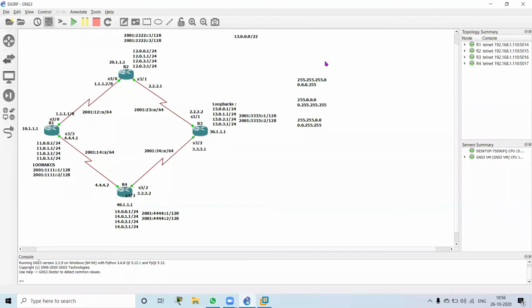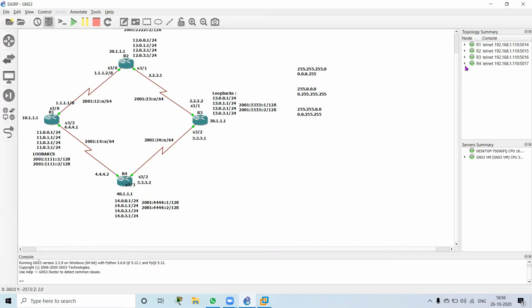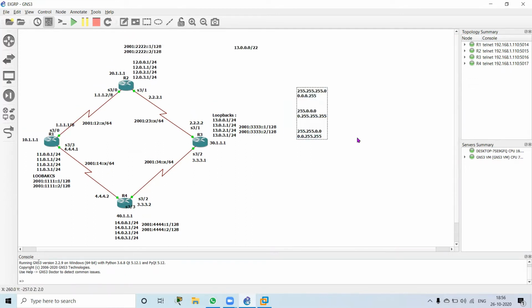In the last lecture, we have completed the IBGP things. We have seen the route reflector and all these things, correct? Right. Now what we will study,